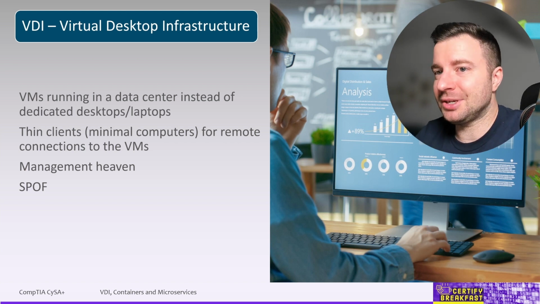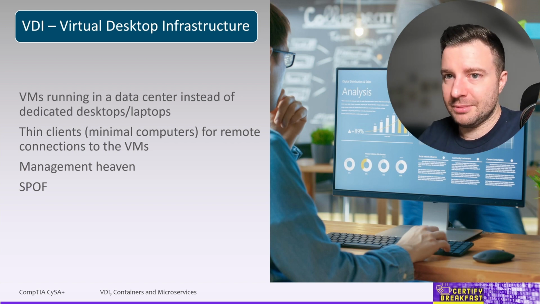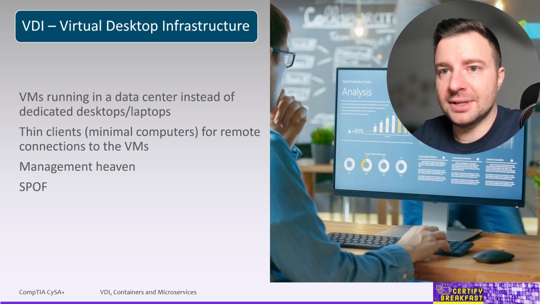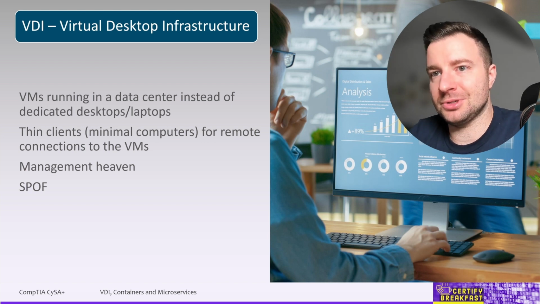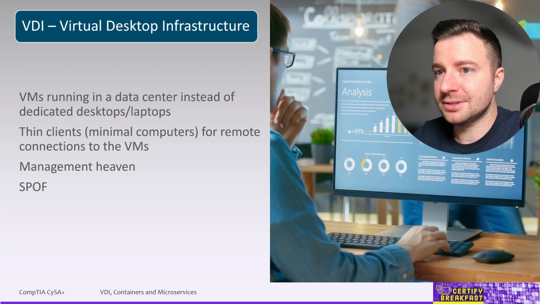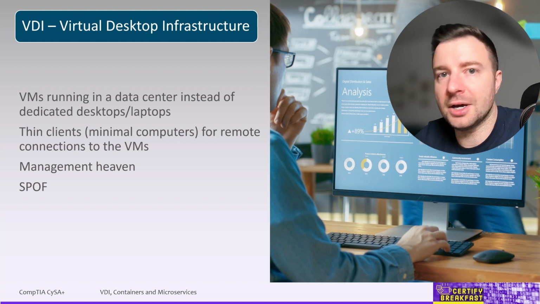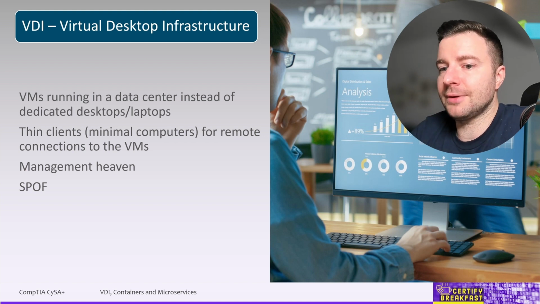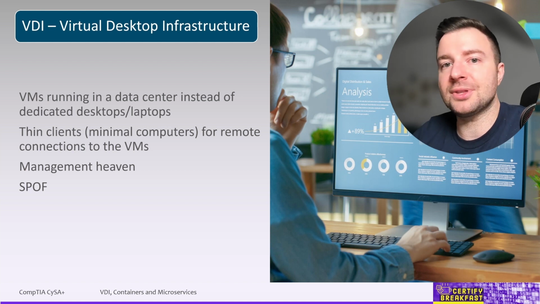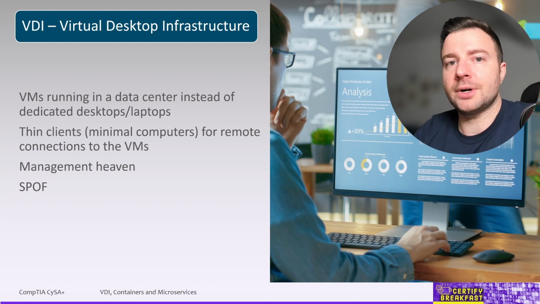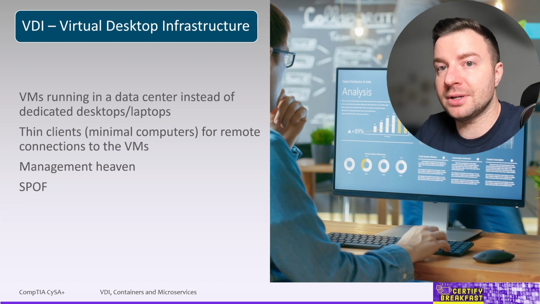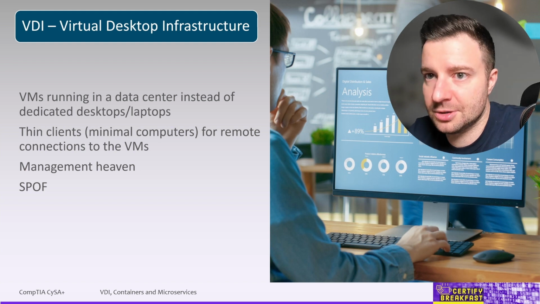But with VDI, be careful with backups and redundancy, because all the workers now depend on one single infrastructure. An issue in the VDI data center leaves your employees without all their desktops. And I'm not just talking about a fire or a flood in the data center, but just a misconfigured policy that locks everyone out and nobody's able to authenticate, or a misconfigured firewall policy that blocks everyone's traffic to the data center.